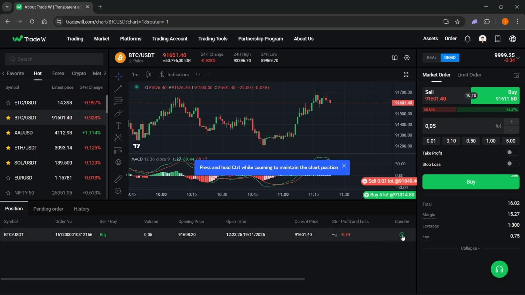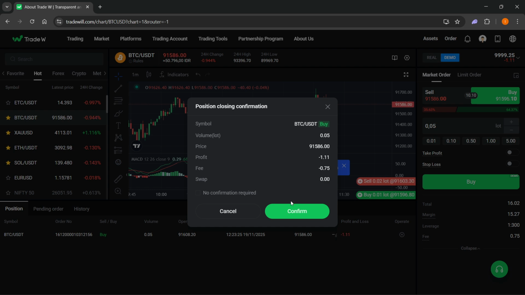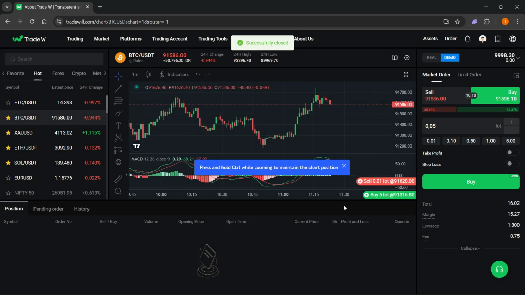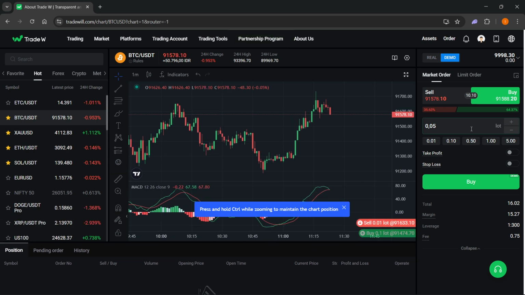And then if you want to click on this button here, this will basically close your position. You can press confirm, and you've successfully closed a position. So that's how we do trading here on Trade